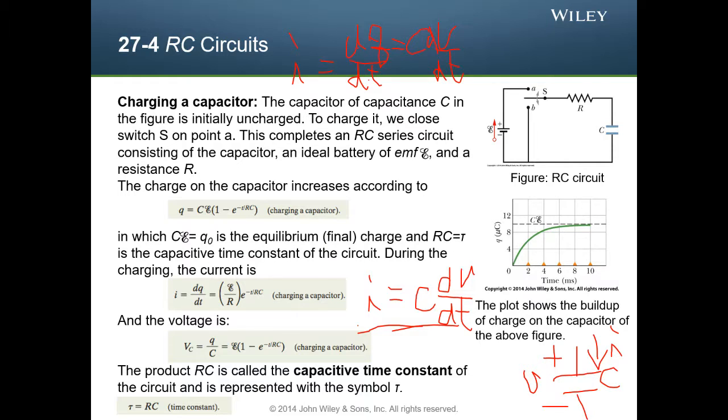So you have the initial condition here. So if you take the Laplace transform of this differential equation,